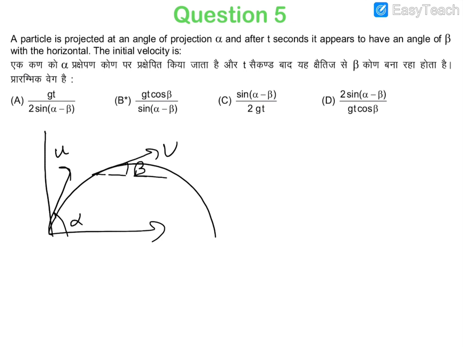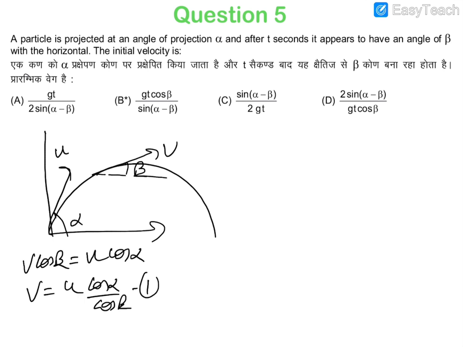So first of all we can say that the horizontal velocity will be same. So v cos beta will be equal to u cos alpha. So v will be equal to u cos alpha by cos beta. This is the first equation. Now